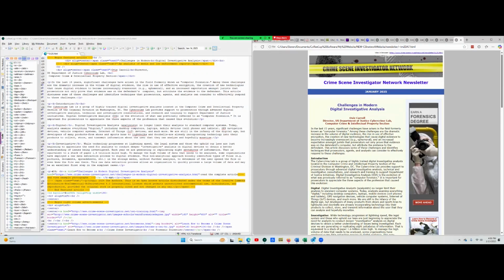All right, so now I have the article in, and I'm going to go ahead and save this before I lose it. Now I want to make sure that I